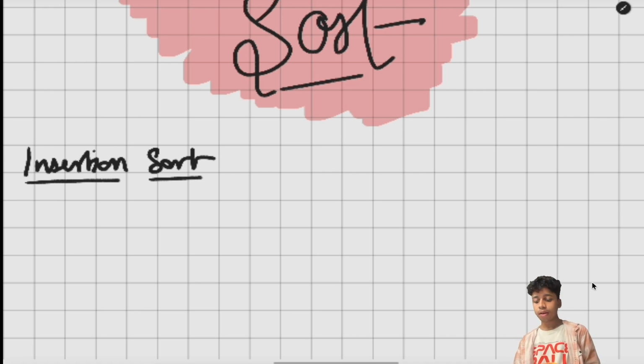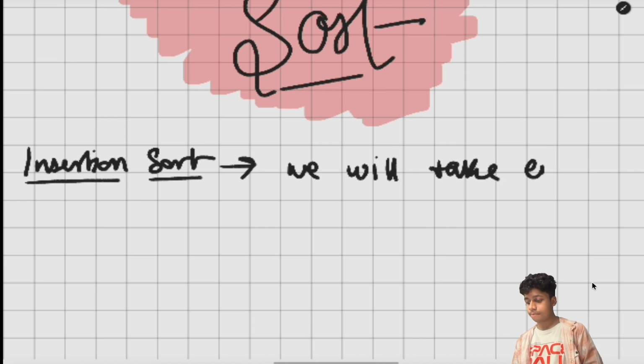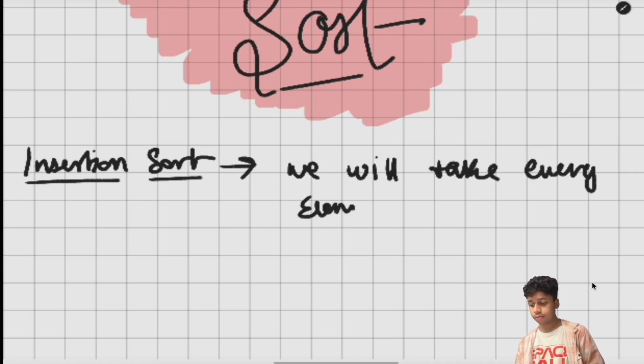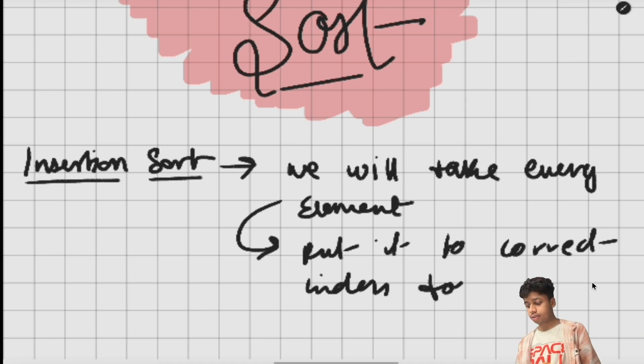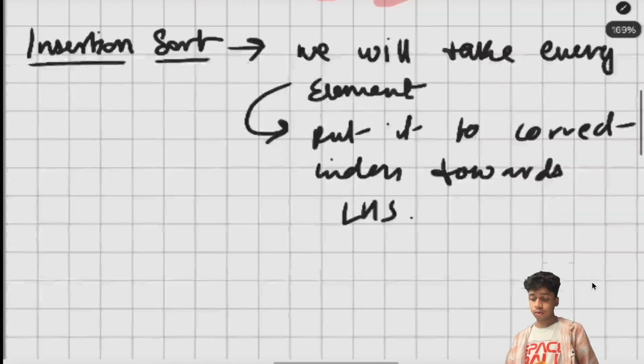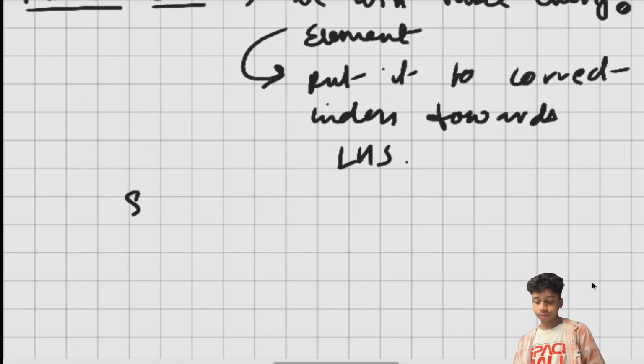But in insertion sort, we will take every element and put it to its correct index towards the LHS, the left hand side. Okay. So it basically means, suppose you have an array of 9 1 2 0 and